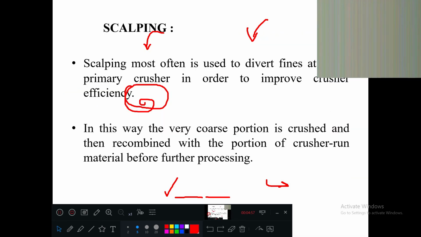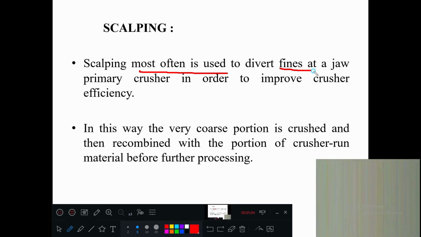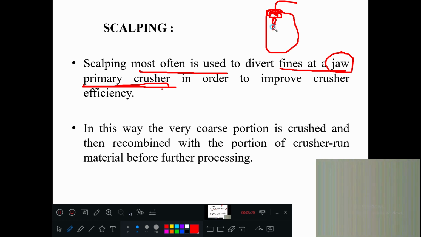Now, what is scalping? It is most often used to divert the fines at the jaw primary crusher. Jaw primary is a mechanism used in the crusher. What is happening at the feeder point? At the crusher portion, bigger particles are directly taken into the main crushing part. Finer particles are taken to the side, and later, after crushing, they join again.